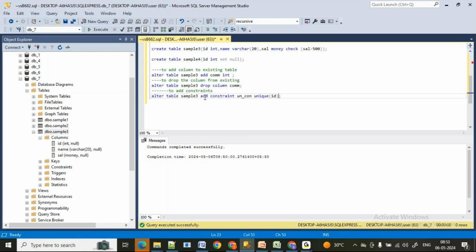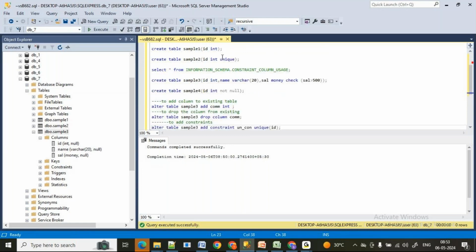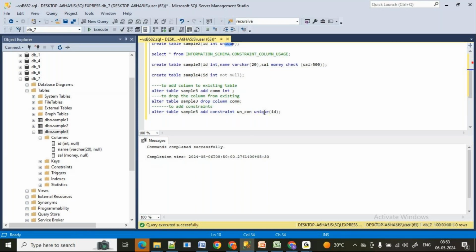See, I just add a constraint. This is the constraint name, and give the constraint of which column you want. So why do we have to give a constraint name here? I did not give any constraint name while creating a table. If you are giving a constraint while creating a table, you are not supposed to give a name. No need. By default, one name will be allotted by the server itself. But while altering a table, it's mandatory to give a constraint name. I am telling you mandatory, which means compulsory.